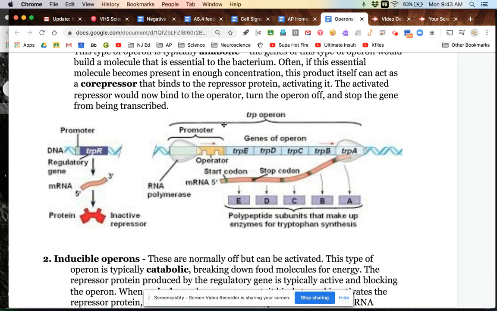So the synthesis of tryptophan is important. Tryptophan is a needed amino acid for all kinds of protein synthesis. So the E. coli wants to have this operon on. Now, the only thing that would change that is if suddenly some food became present that had tryptophan in it. This is a gut bacteria, so if I'm in the gut of, say, a cow, and I'm E. coli, and I'm making my own tryptophan, if the cow suddenly eats a bunch of food, now suddenly